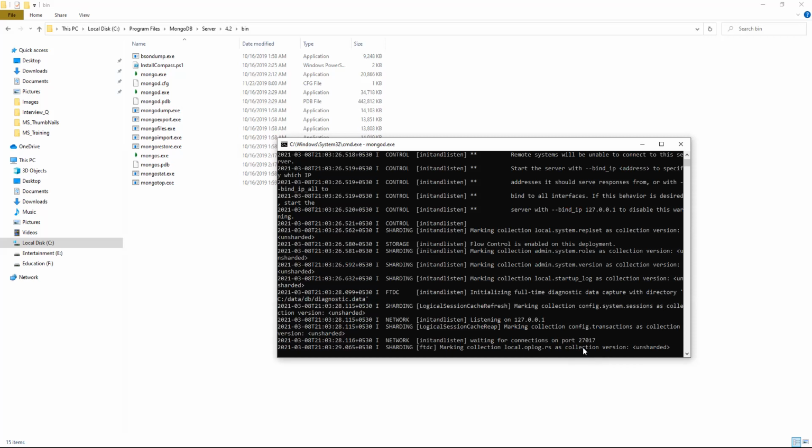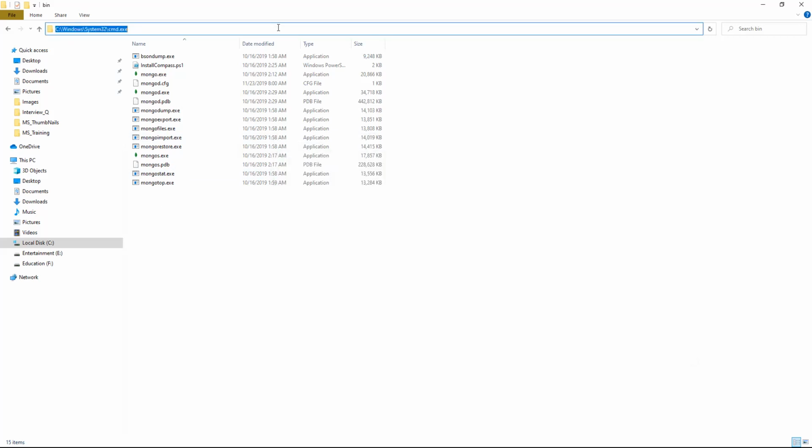Once MongoDB is started, you can create the database and user for the database. So let me open one more command prompt and share that also.